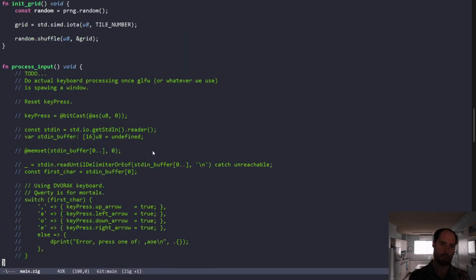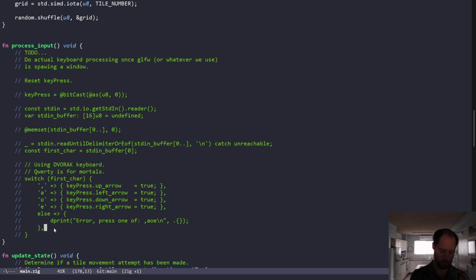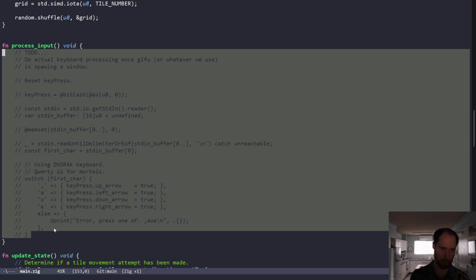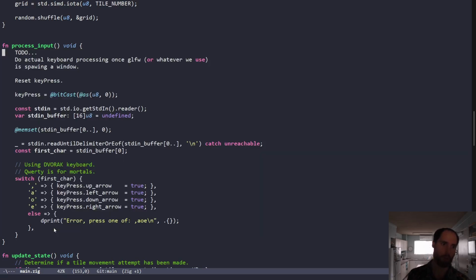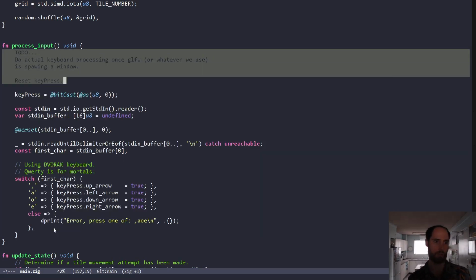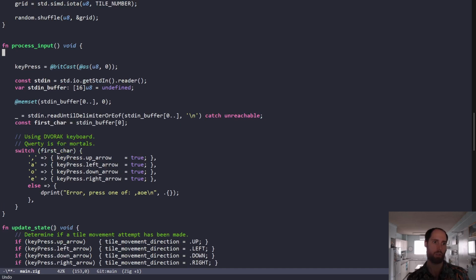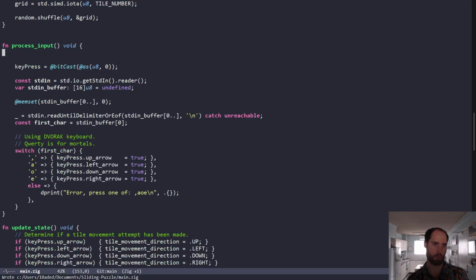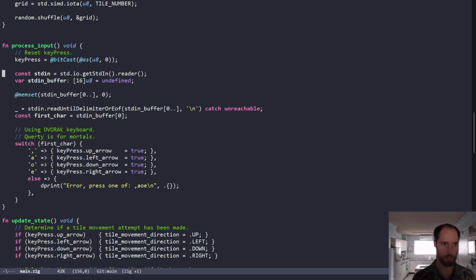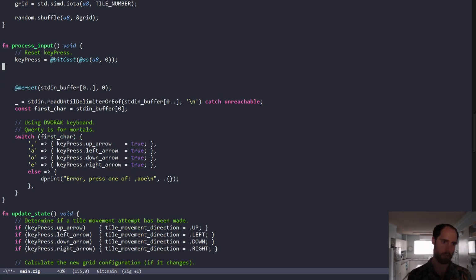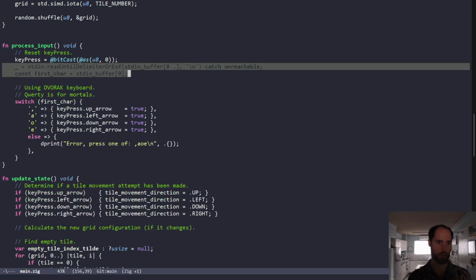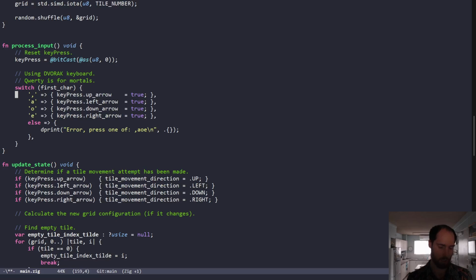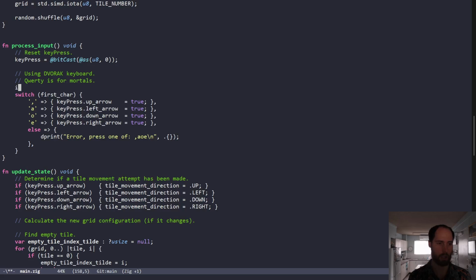Okay, so now we can start, we can move over, we can deal with this. Now that we have GLFW, we now want to use GLFW to do keyboard input. Out with the standard input stuff. No need for any of that now. And here is where we want to call GLFW stuff. So I think we want to say if,